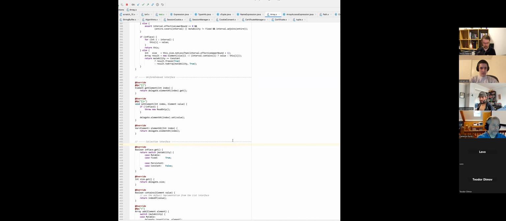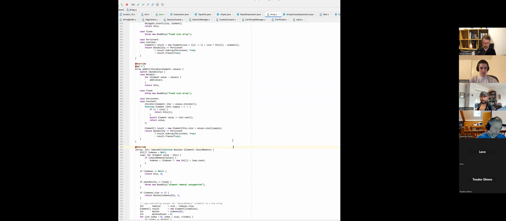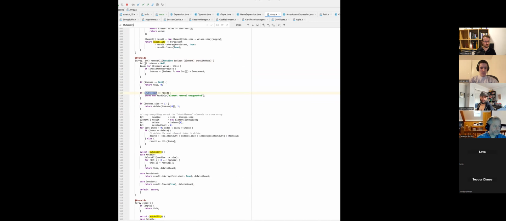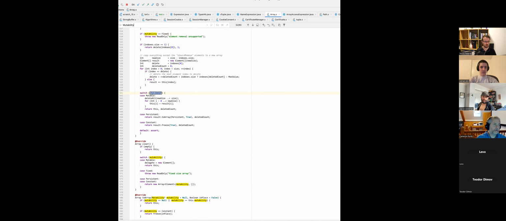In fact, our proof of concept does that. And obviously, Cliff is doing that. What I'm looking for, though, is the mutability.